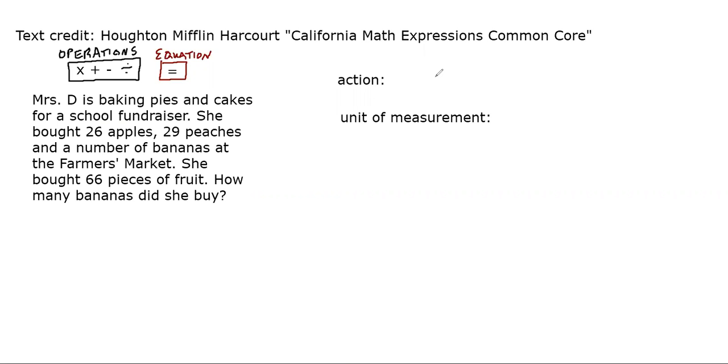McCarty. Today we're going to be talking about how to create visual models for Common Core word problems. This is a Common Core third grade math word problem and the text credit is at the top of the page. I recommend using a clean white piece of paper for each problem so that you have plenty of room